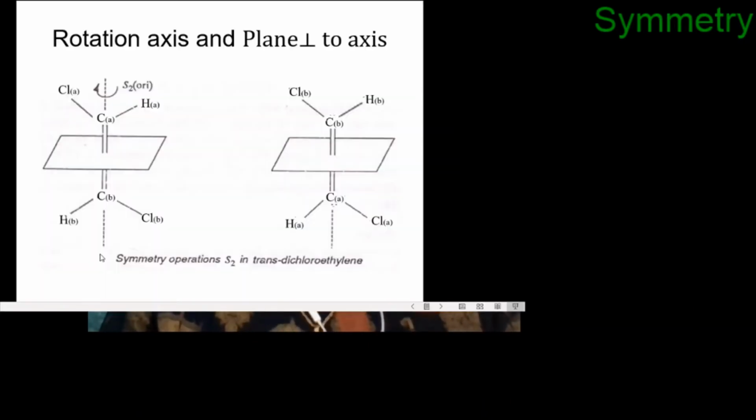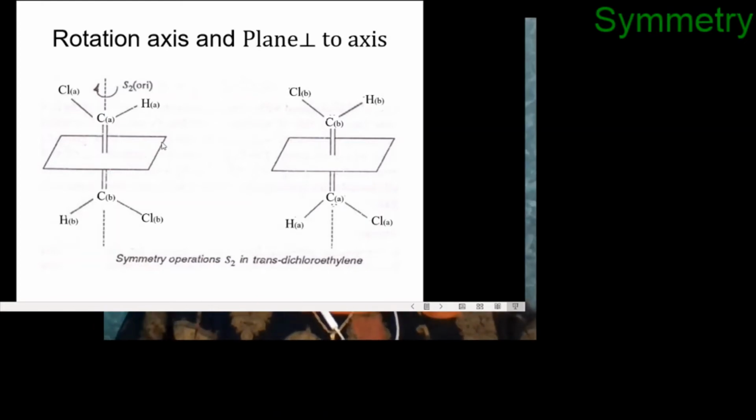Now we will try to consider one molecule which has similar phenomena and has an improper axis of rotation. Now, we are not saying that a proper axis of rotation is not present or cannot be present in a molecule. But in some molecules, this type of improper axis of rotation can be present, and that is the important thing we have to observe.